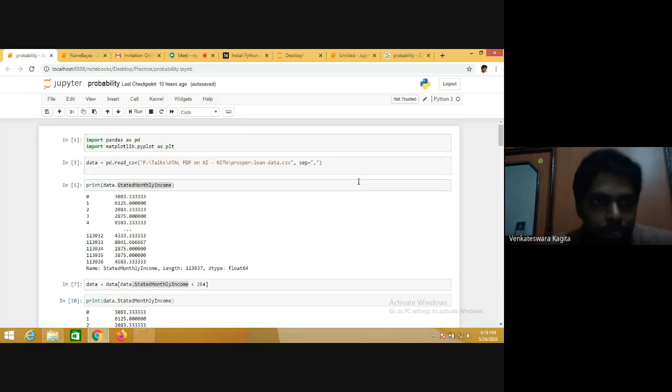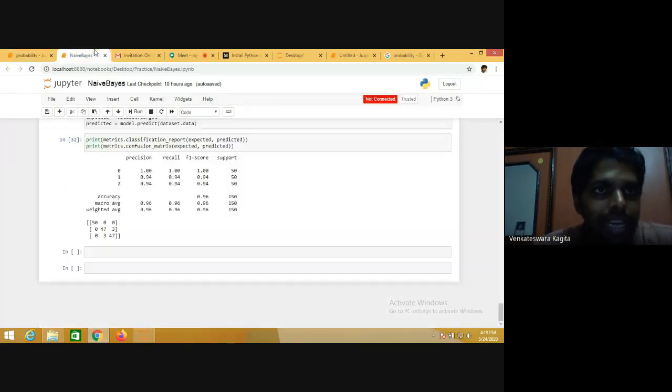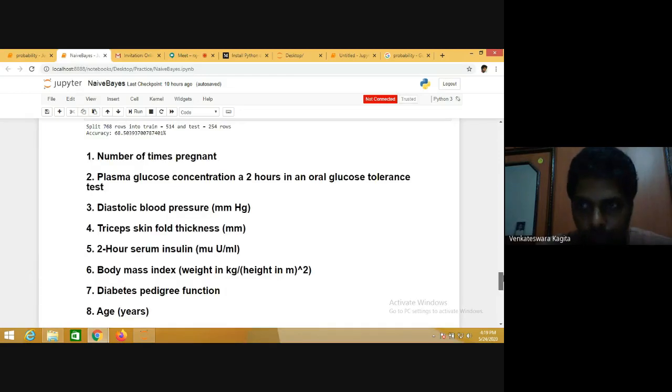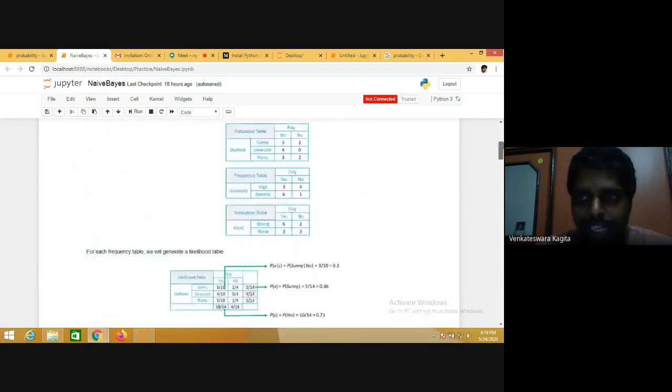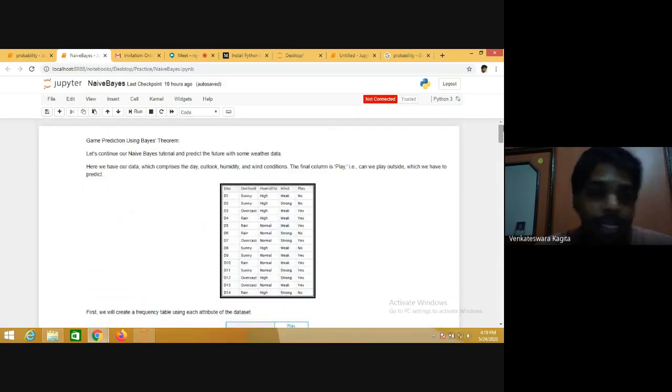Now we'll go on to demonstrate the naive Bayes classifier. You all remember the naive Bayes classifier, isn't it? The Bayes classifier equal to yes or no. That's the example. Here we have a different example, but we did not implement it for the same example because the data is real-valued, not categorical.